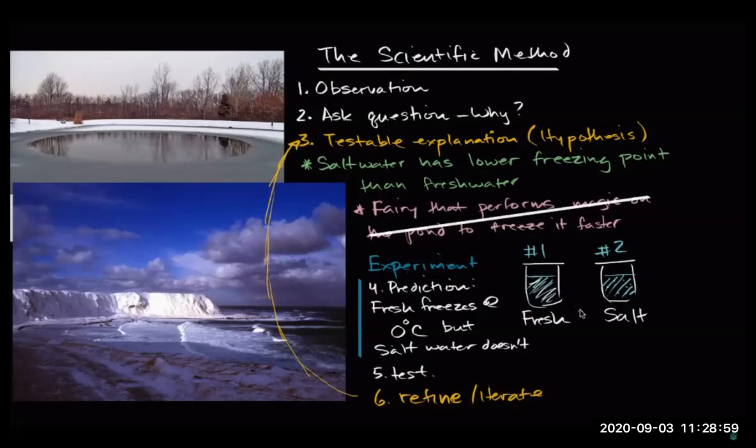Or you might try to come up with experiments for what it is about the salt that makes this water harder to freeze. So that's essentially the essence of the scientific method. And I want to emphasize, this isn't some bizarre thing. This is logical reasoning. Make a testable explanation for something that you're observing in the world, and then you test it and you see if your explanation seems to hold up based on the data from your test. And then whether or not it holds up, you then keep going and you keep refining and you keep learning